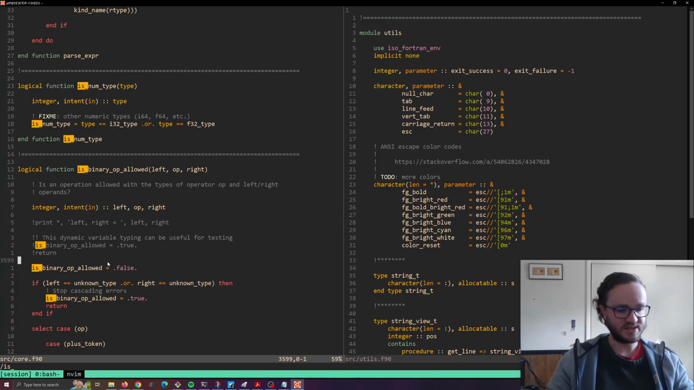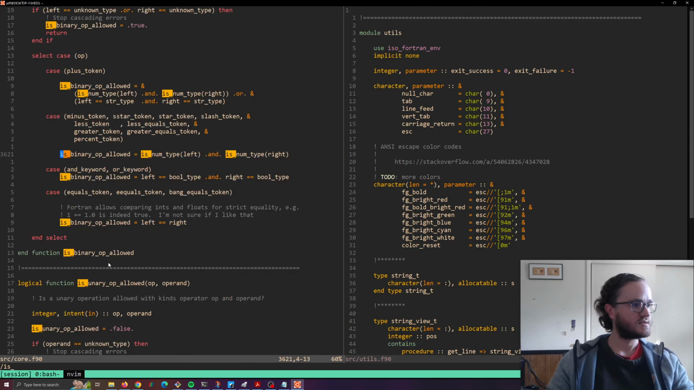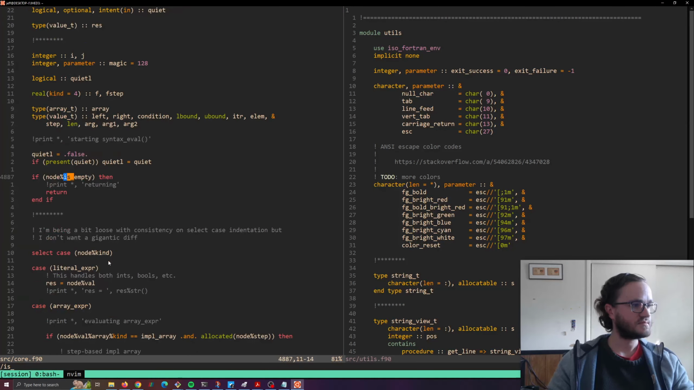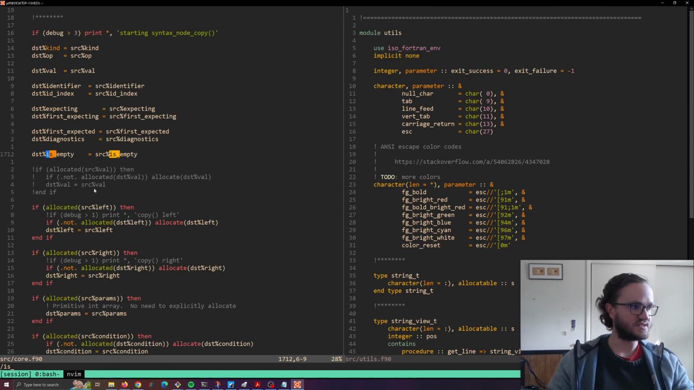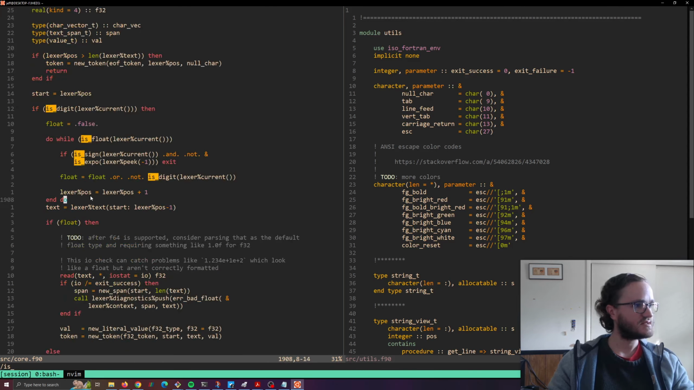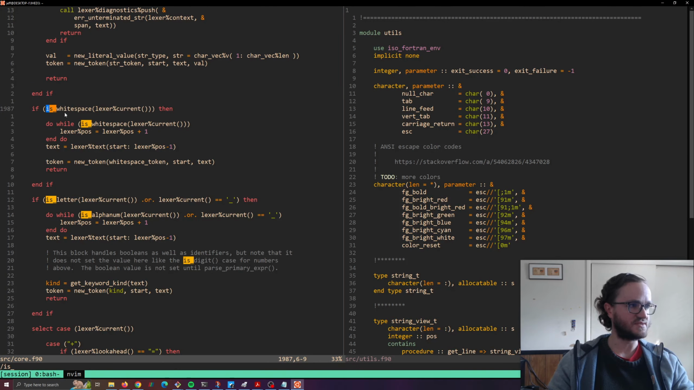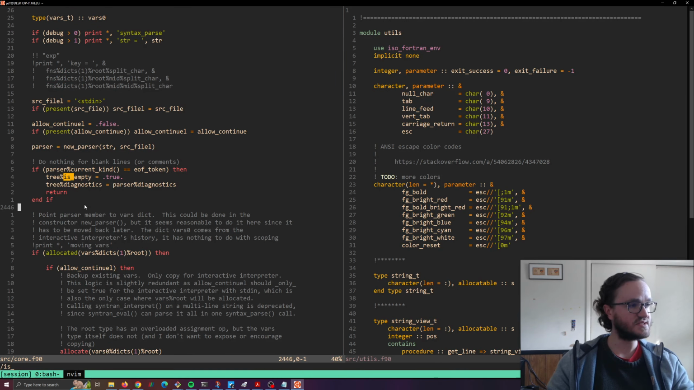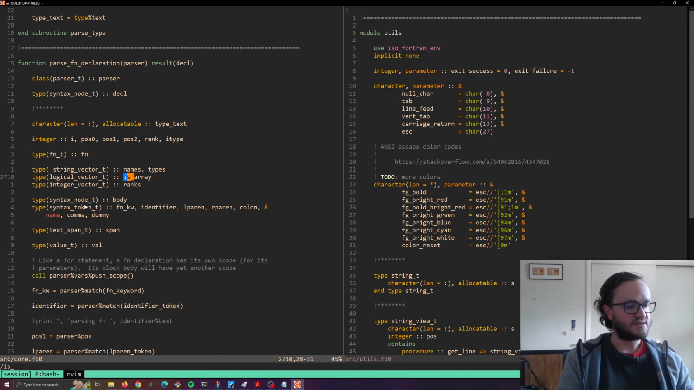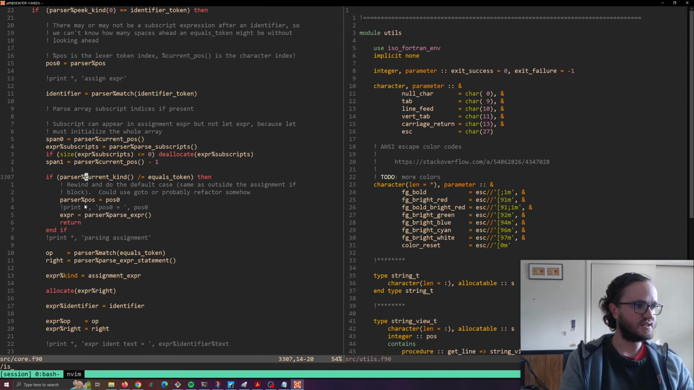Is binary op allowed? Is empty. And that's not even a function, that's just a member. Is digit. Some of these are from utils, they're not defined here, they're defined in the separate translation unit. Okay, so jump back to my mark, and